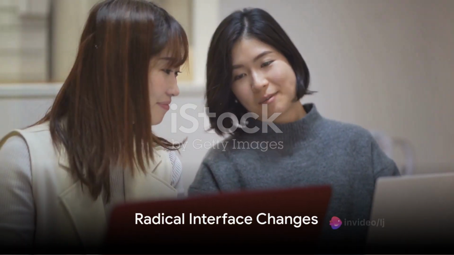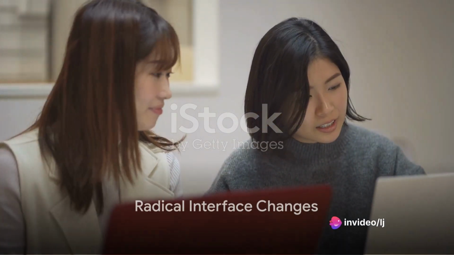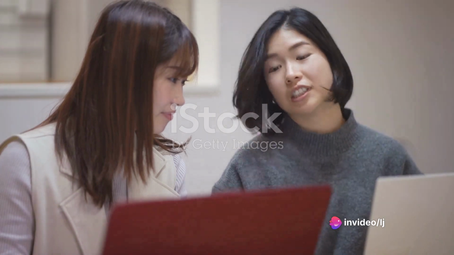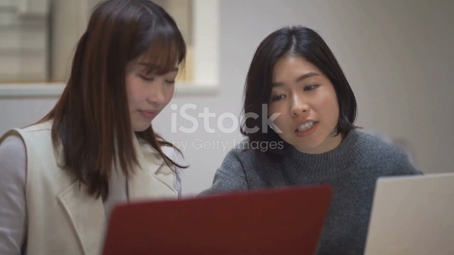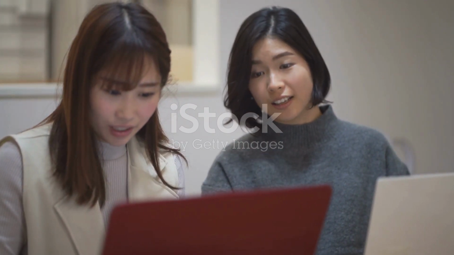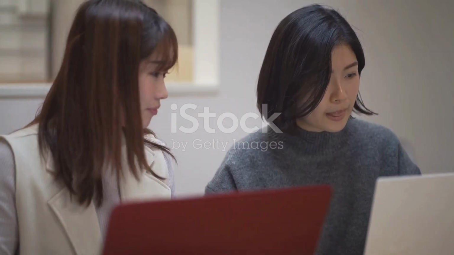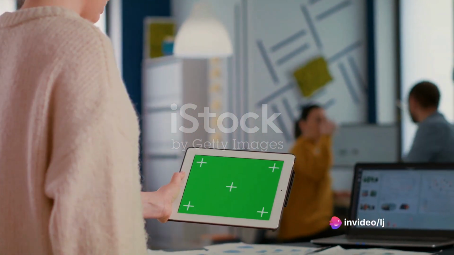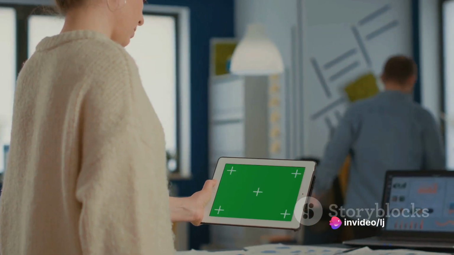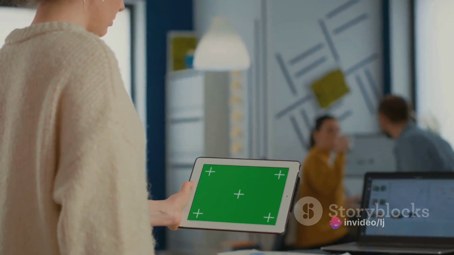The downfall of Windows 8 was not due to a single factor, but rather a convergence of issues that left both desktop and tablet users feeling alienated and frustrated. The first major issue was the radical interface changes. The introduction of the touch-optimized start screen, dubbed the Metro UI, replaced the familiar desktop and start menu, causing confusion